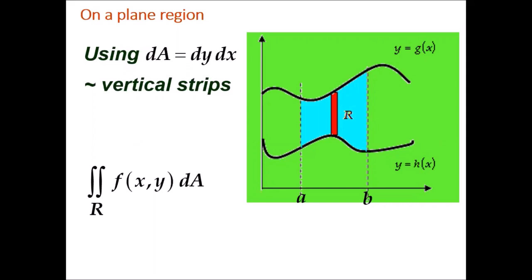If we use vertical strips to find the area of the region R, we set dA to be dy dx. Hence, our double integral of f of xy dA evaluated on the region R will become this,